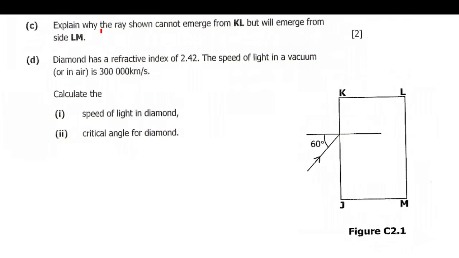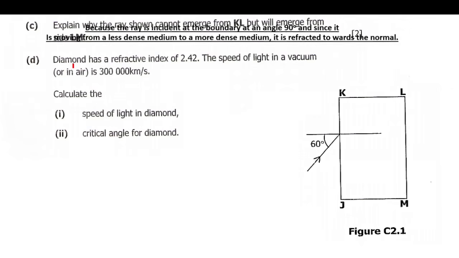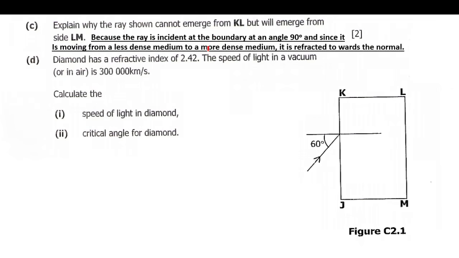Then C reads, explain why the ray shown cannot emerge from KL, but will emerge from side LM. So they are saying this ray will not emerge from this side, but it will emerge from the side LM. So the answer was that because the ray is incident at the boundary at an angle